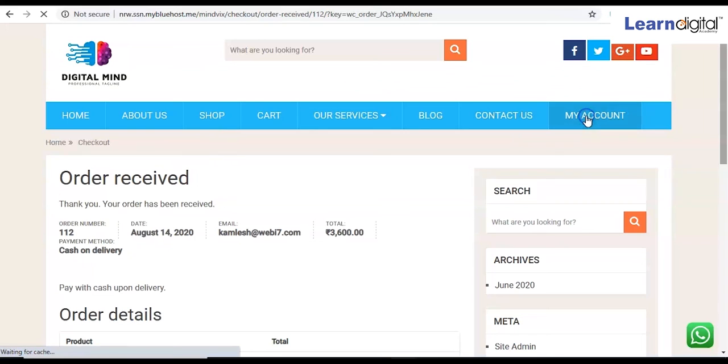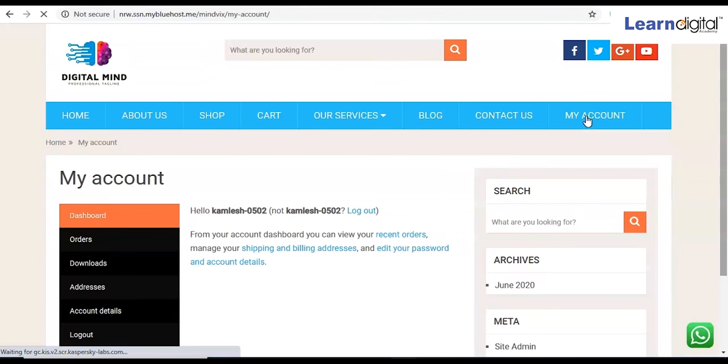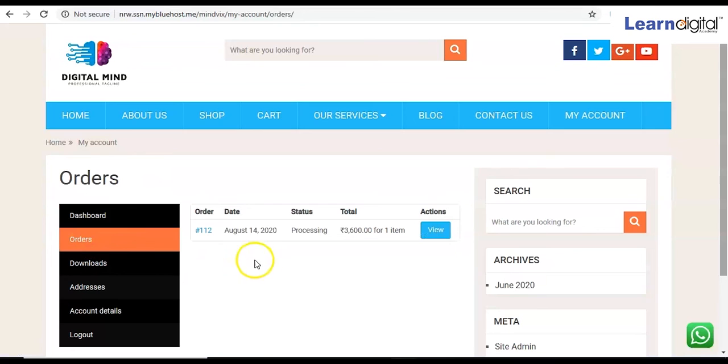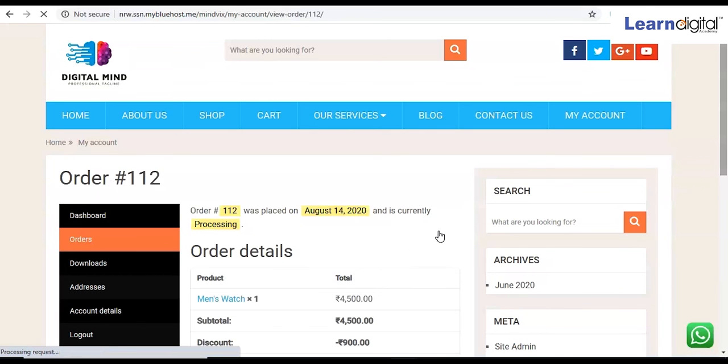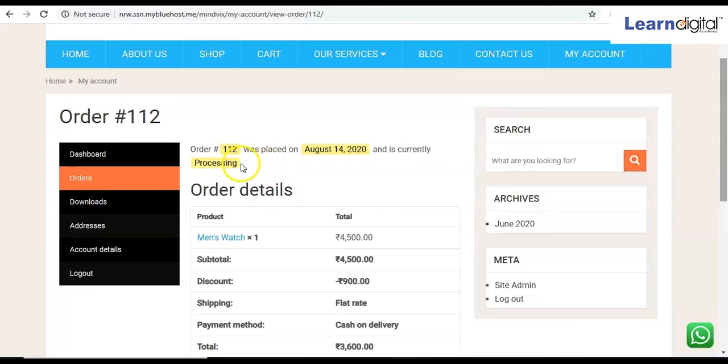Now if I come to my account, I can check the thing from over there. In the order section, I'll come over here, and here I can see the order I have placed. I'll be pressing on the view option, and here in the order details I can see it is under processing. Right now I have not got any product. Like that, when the order is completed, here I can see the status as completed.